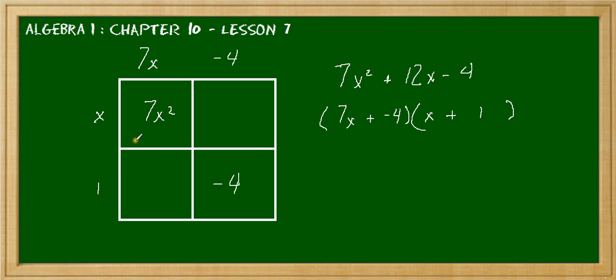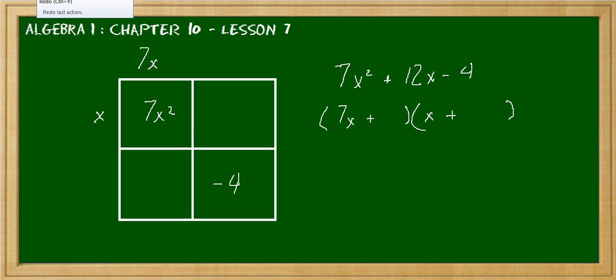And again, I just think off the top of my head, 7x and negative 4x, that's going to give me positive 3x. That won't be my answer. So again, let's look at our next possibility,